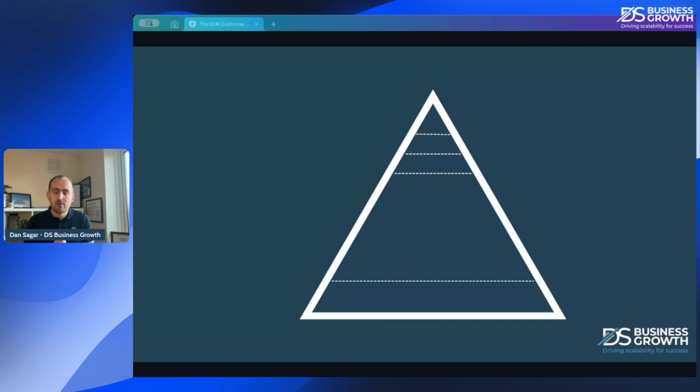This pyramid applies broadly to any sector, any industry, or any geographical area. So we could apply this to, for example, all businesses in Hampshire. We could apply it to all accountants in the UK, or probably accountants in Hampshire. We could apply it to HR businesses in the Southwest. Okay, you can pick a sector, a niche, a geographical area, and this pyramid here will broadly apply. Okay, and this is looking at all the businesses in that sector.